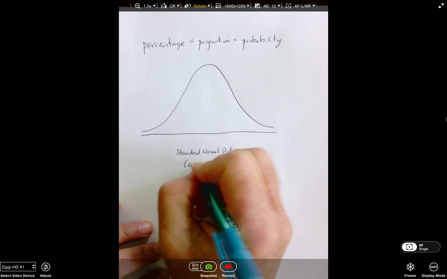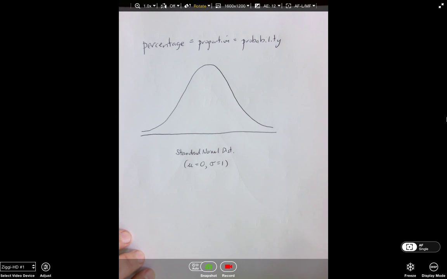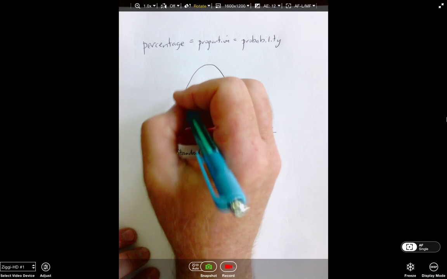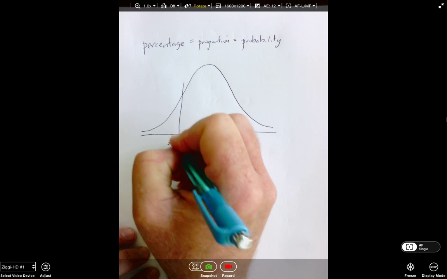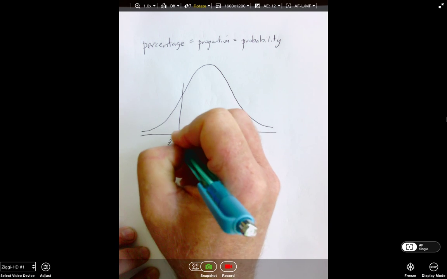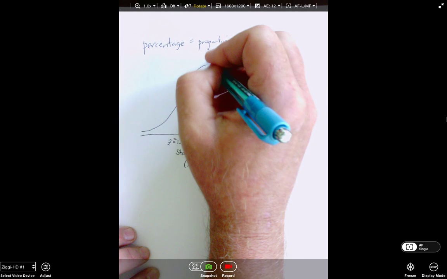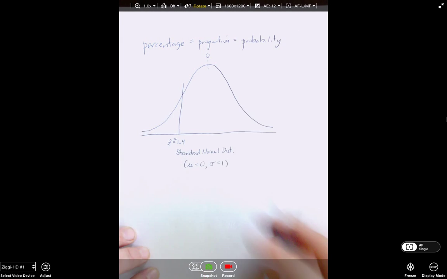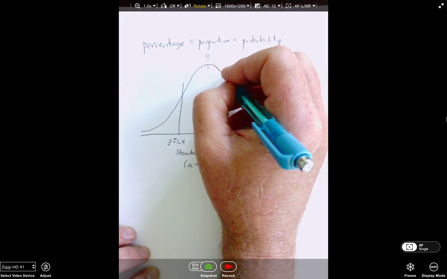And again, this is a specific one that has mean 0, standard deviation 1. And let's say we wanted to find the area under the curve. Now this would have to be a negative z-score, because it's to the left of the center. Remember, we got 0 there, so anything left is 0. And we want to do this up to